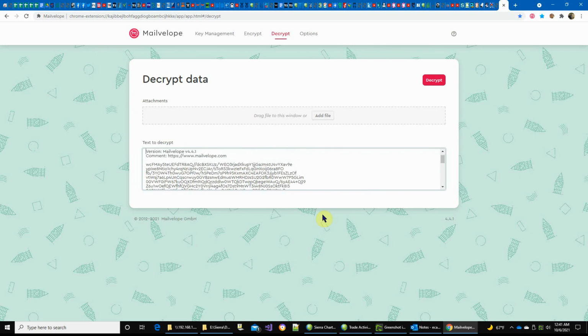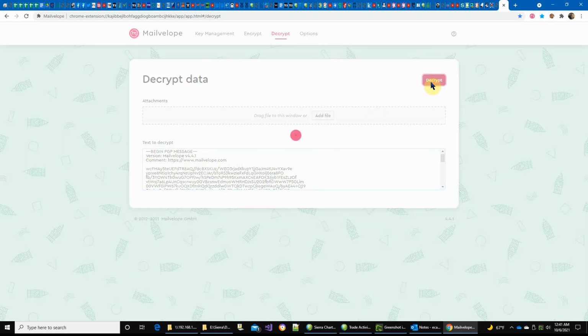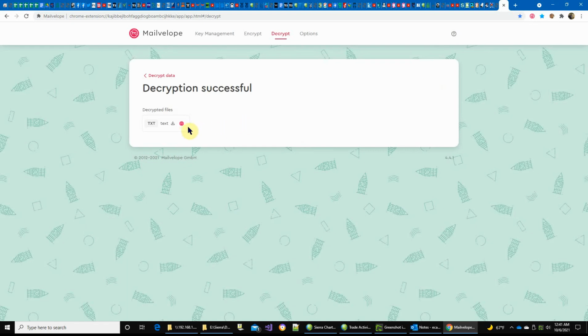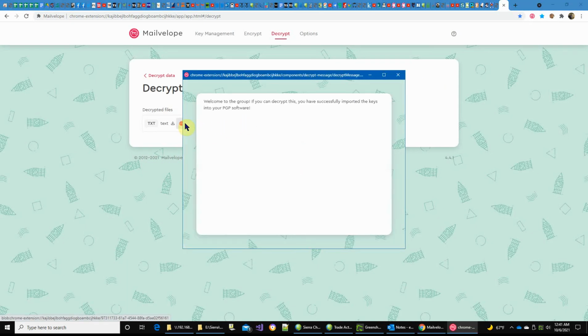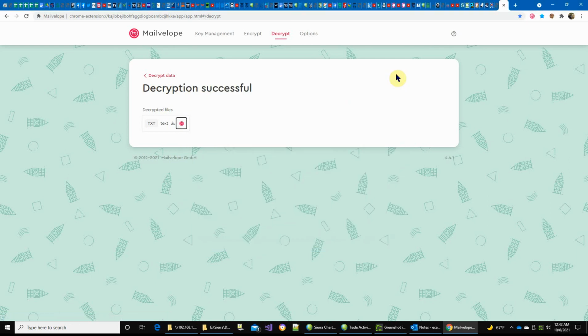Now go up to the top. There. And you want to put a space right here between the begin PGP message, version, comment, blah blah blah, and then just put it there. Okay. I want to say I want to decrypt. And there we go. So we've encrypted, we've decrypted. Anything else, leave in the comments. And so now you've created your group and you've created your first message, you've imported your keys, so you're ready